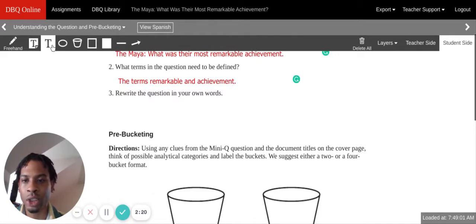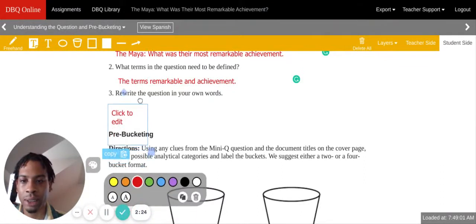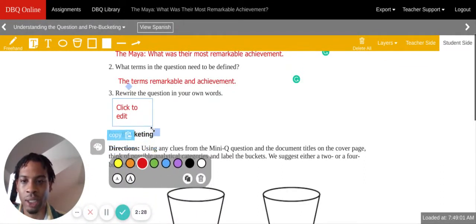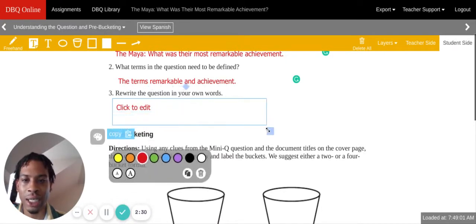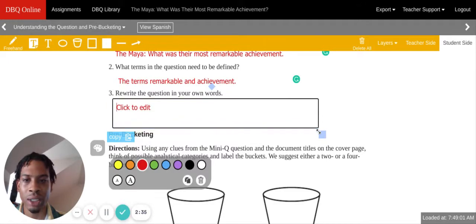And then number 3 says rewrite the question in our own words. So we want to grab another text box and we want to drag it to where we need it, change the size so that it fits in the white space right underneath the question. And if we're thinking about rewriting this question in our own words, there's several ways that you can do it. You can say,